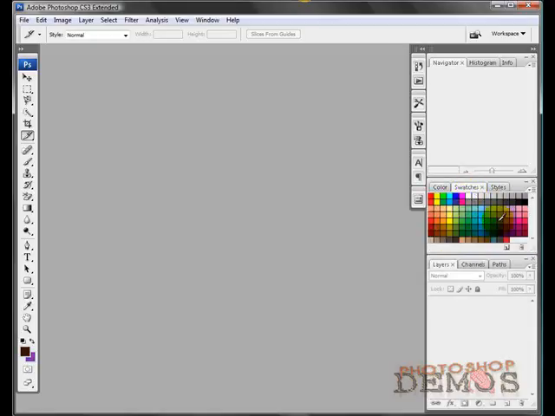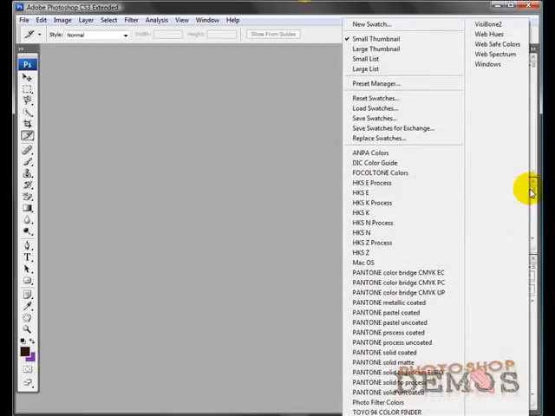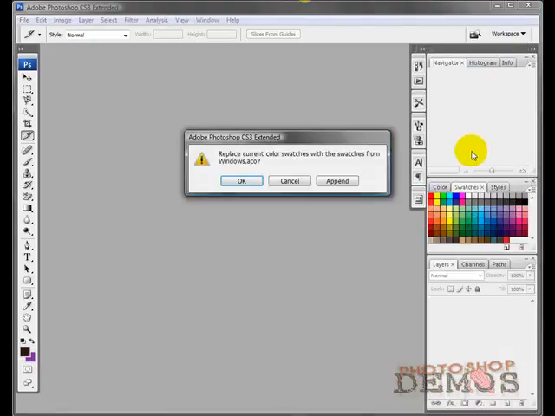The nice thing about any of these menus is there's this little area right up in here. It's very hard to see. You can just click on that and you have instant access to a whole range of different types of color. Some of these are more directed towards print, like the Pantone or the True Match colors, or you can just stay with your default set of colors, like your Windows colors or something like that,